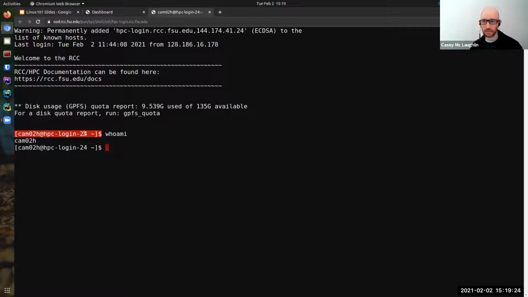In other words, it's the server's name which I'm connected to right now. Also included in the prompt is this tilde symbol, which represents my home directory. If you keep in mind when we get into files, probably on day 2, that the tilde means home, you'll be ahead of the game.